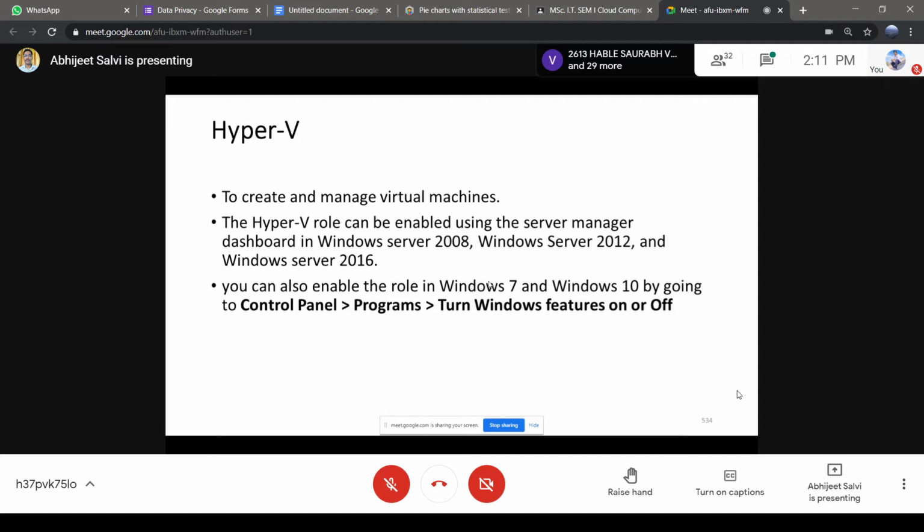Right? So it is something like an add-on program. That means you can install that on other operating systems also, and turn the Windows features on or off over there. Okay, so we'll see how we will switch on that Hyper-V tool in Windows. But before that, try to understand that it's specially designed for Windows, but you are able to install it on Windows 7 and Windows 10 operating systems also.